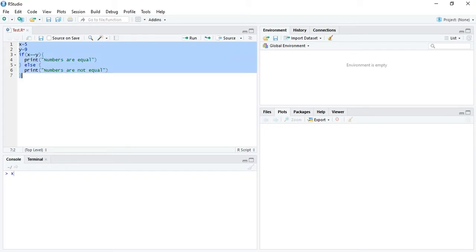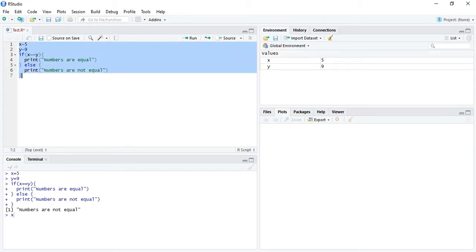So run this program. It is returning me the result numbers are not equal. Now let's suppose you want to check whether the numbers are not equal and which number is greater. So we have to apply the else if. Now if numbers are not equal, then check whether x is greater than y or not. If x is greater than y, then print number 1 is greater,